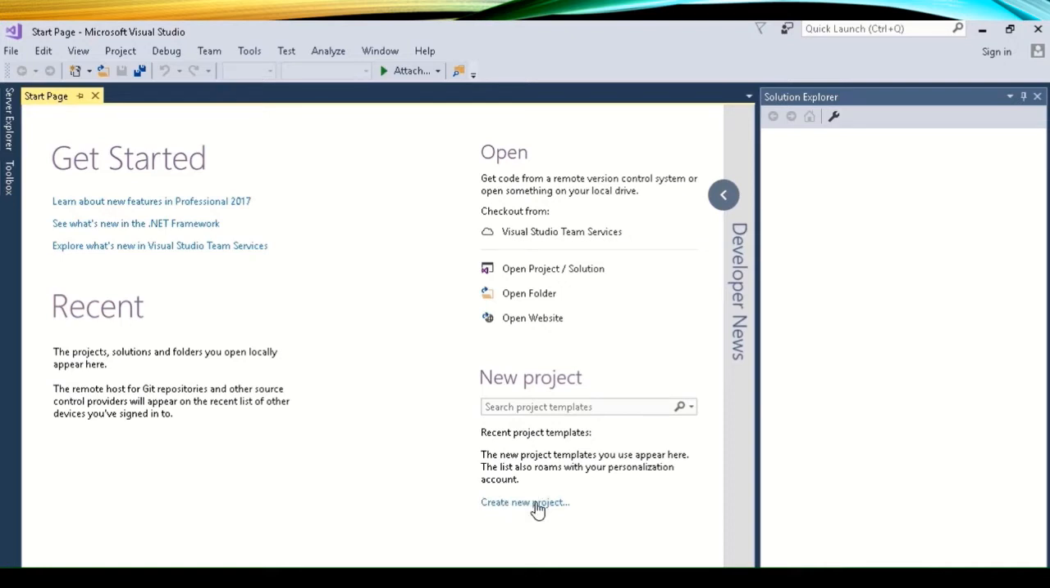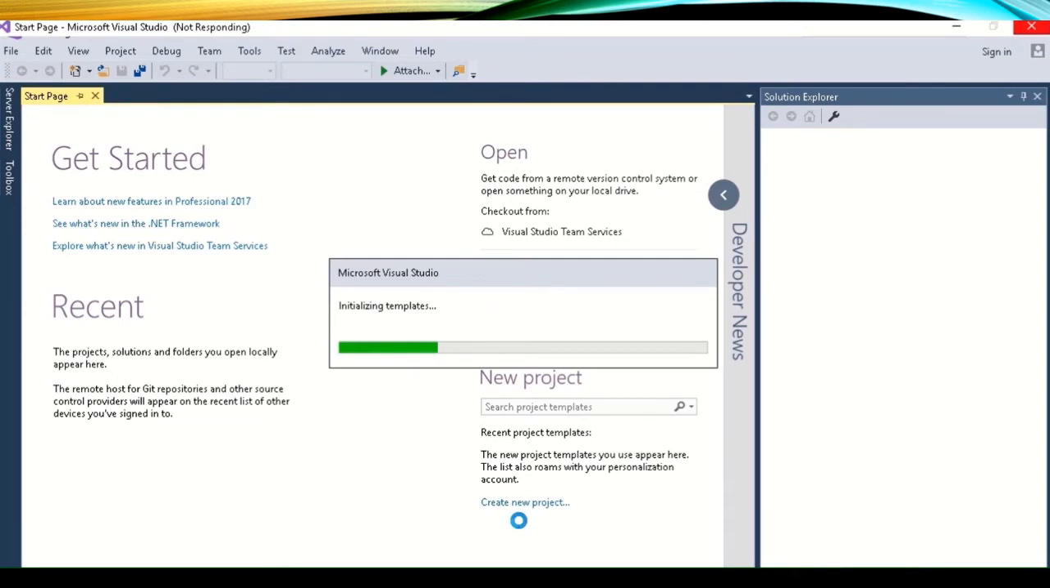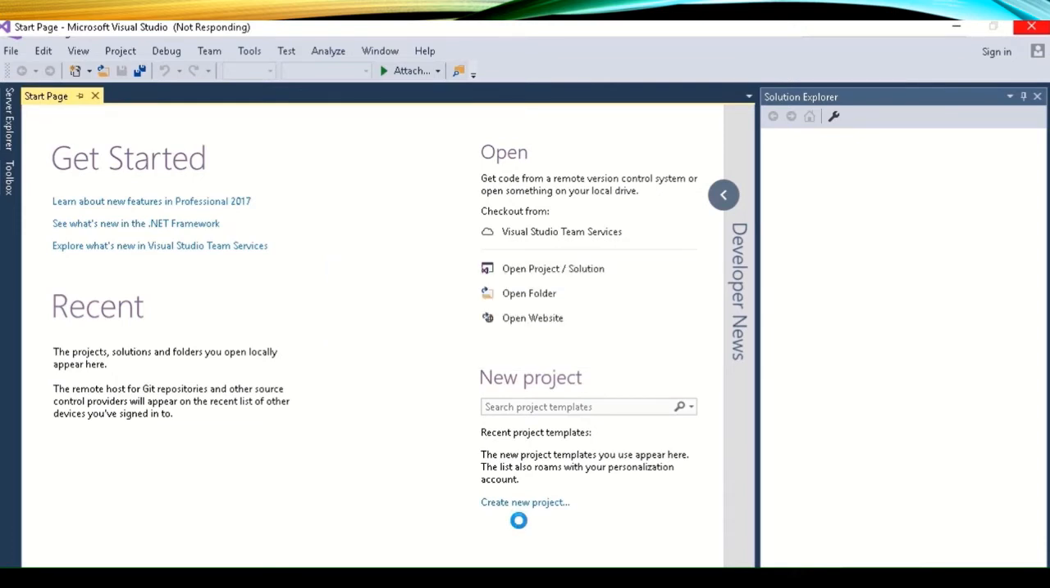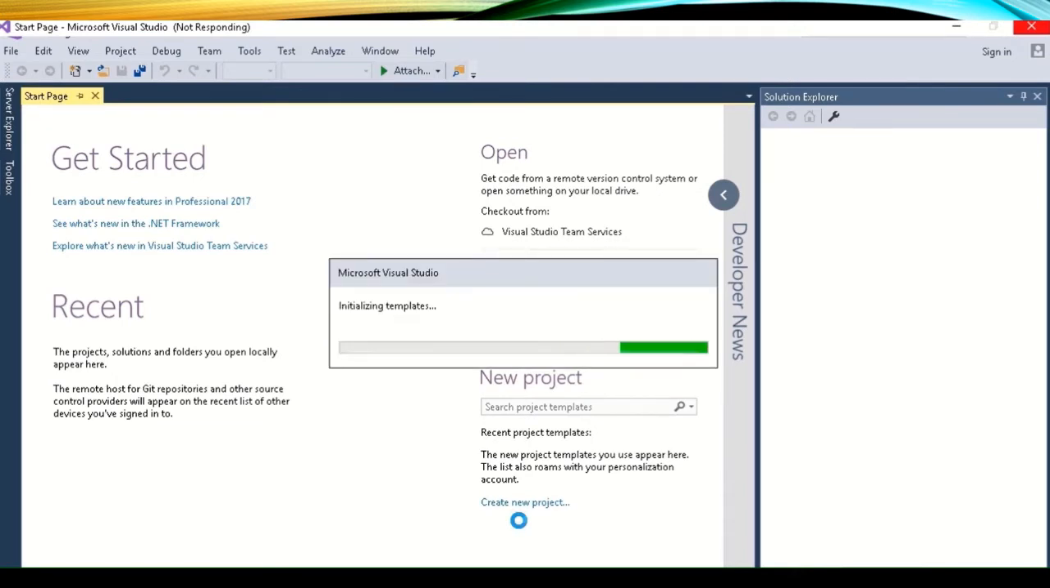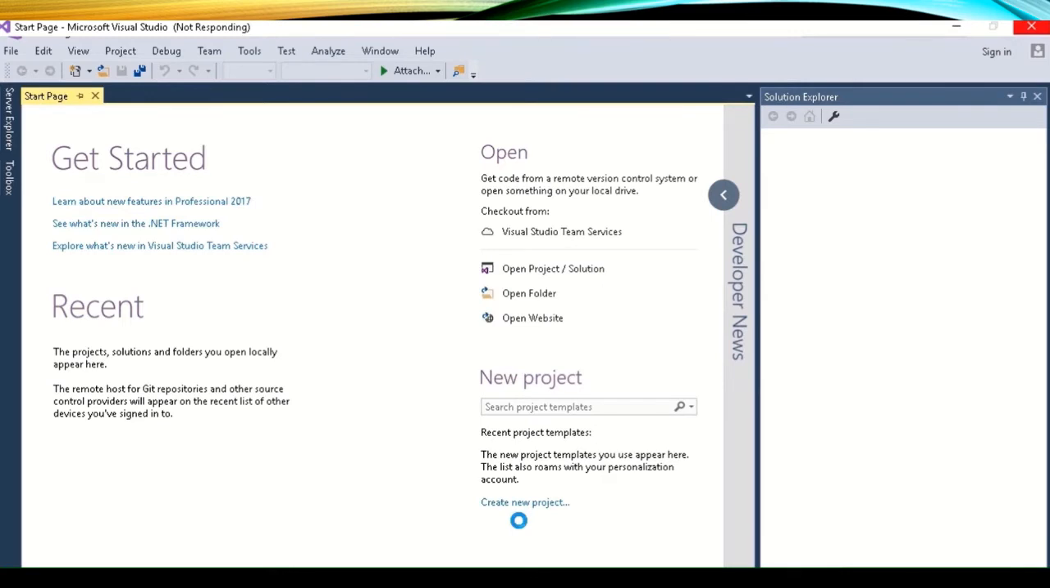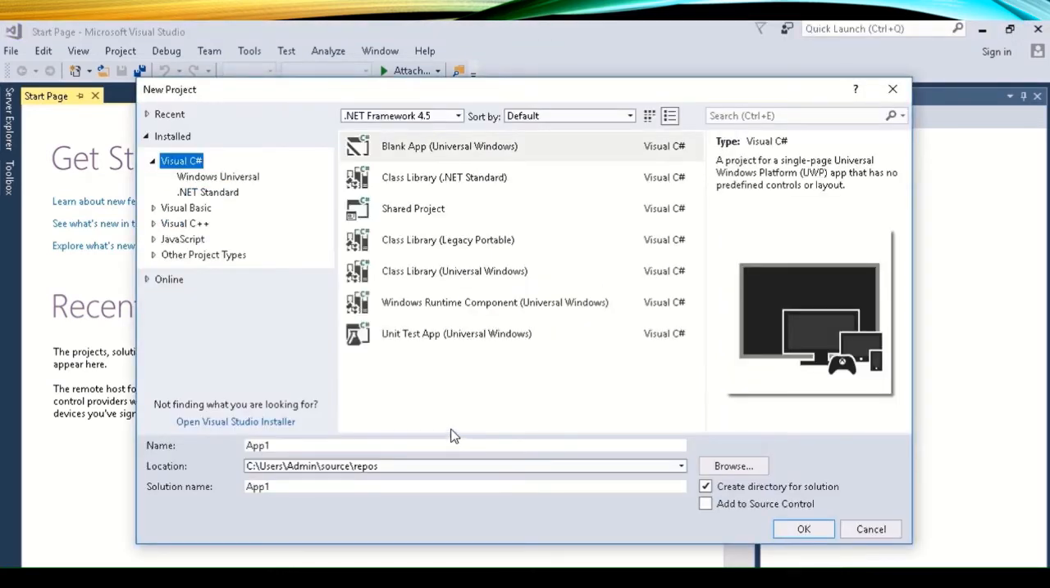It'll take a second to bring up a dialog that will guide me through setting up a new project. It's the first time, so it's a little bit slower to initialize, but once you've done it, it is a little bit quicker. It gives me some options of the different types of projects: Visual C#, Visual Basic, Visual C++, JavaScript. Now, since we're doing Visual C++, I'm going to hide the Visual C#, open Visual C++,